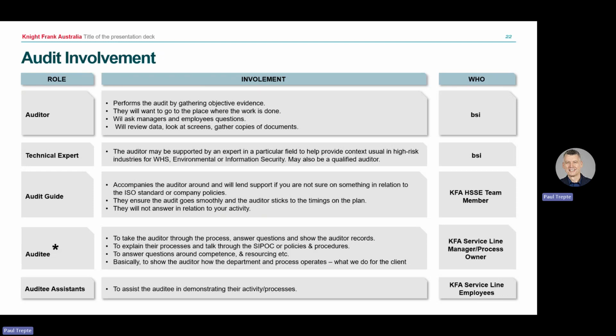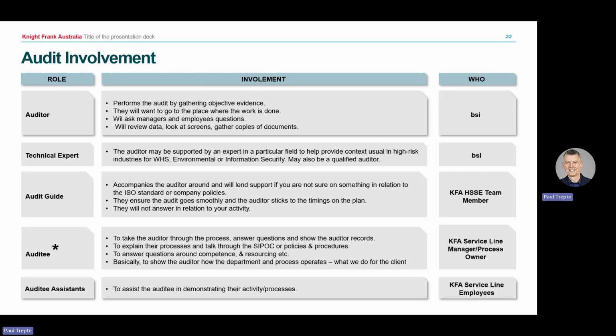Internally, we need to provide the auditor with an audit guide. And for our audits, that's going to be a member of the HSSE team. The role or involvement of an audit guide is to accompany the auditor around, and they will then support if you are not sure on something in relation to the ISO standard or company policies. They're there to assist you,